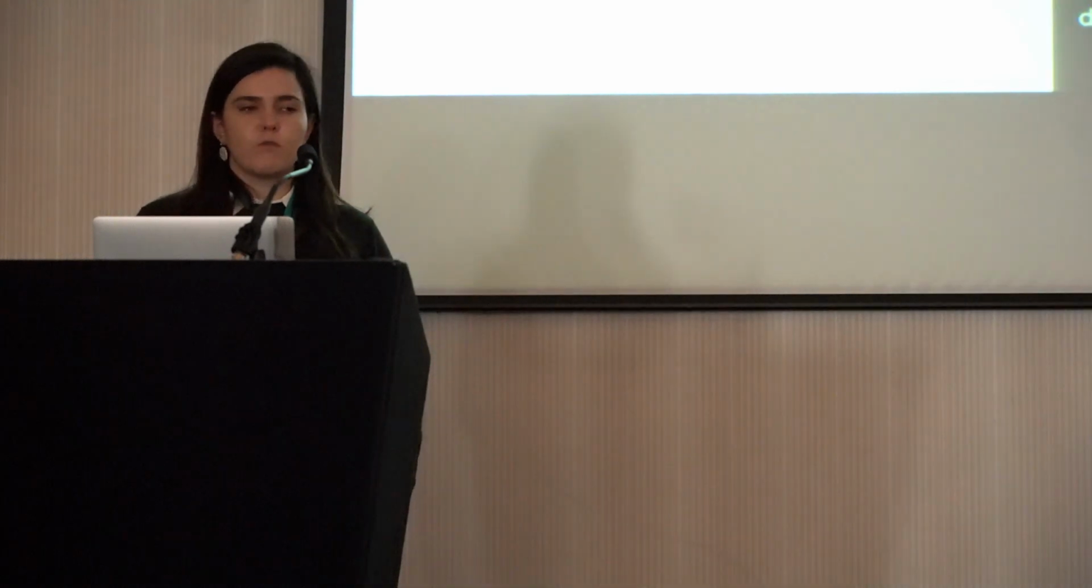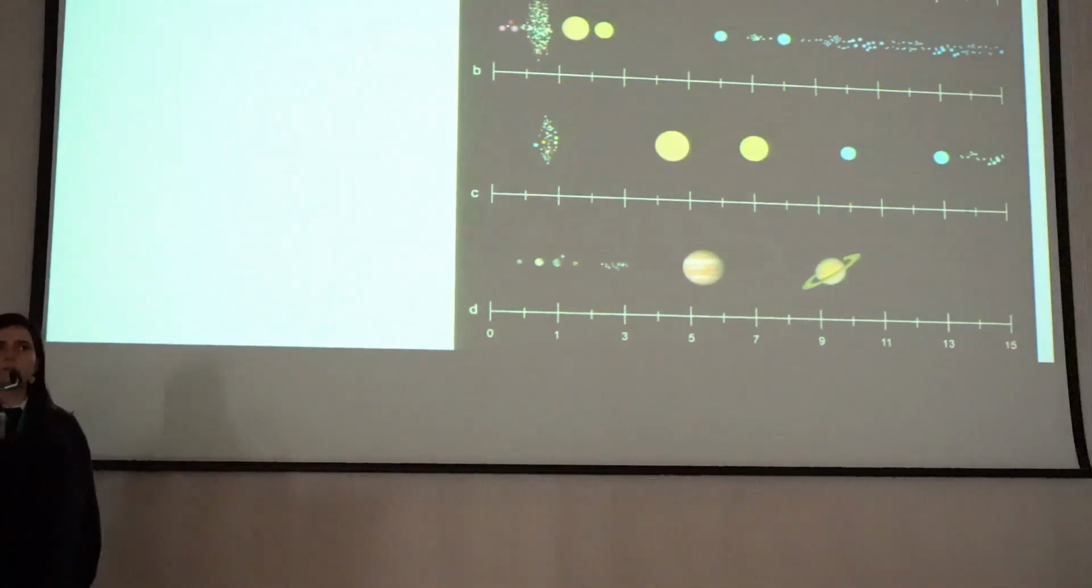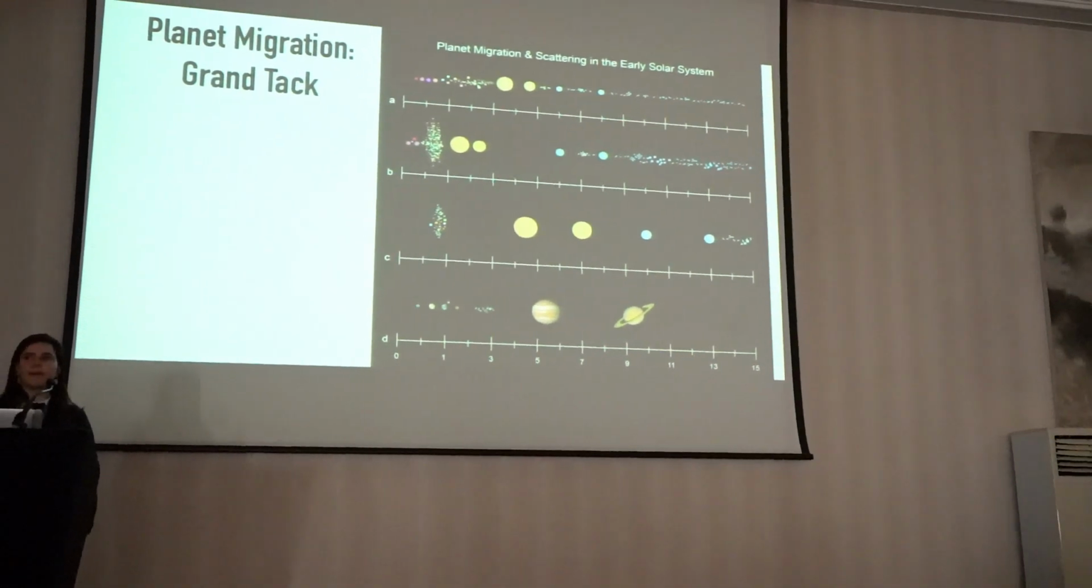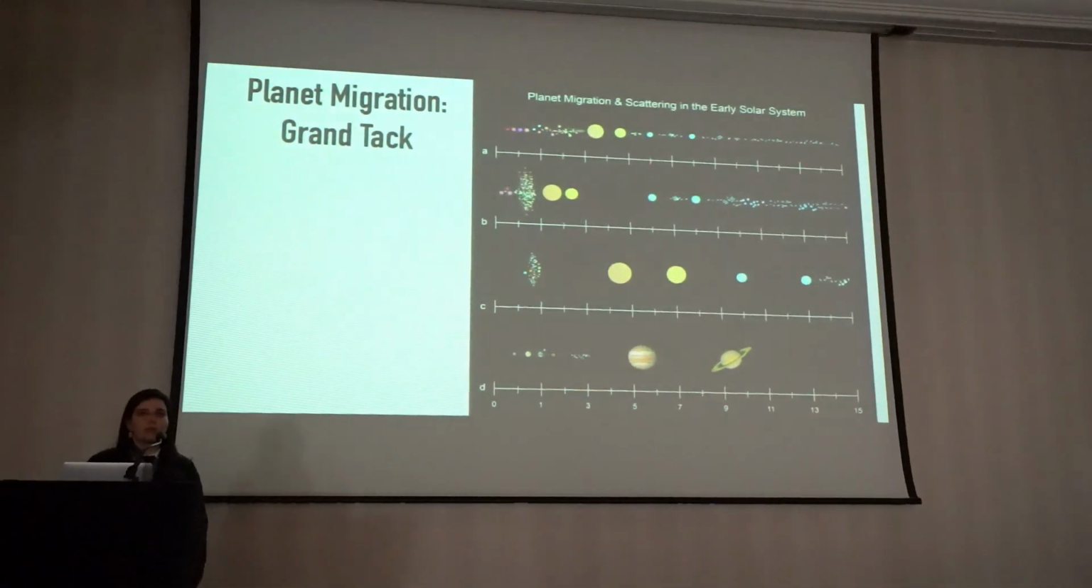So let's start with the first point. And the first point is about the fact that small bodies bear the evidence of many important epochs in the solar system evolution. And in particular, I'll focus on planet migration, because it is constrained by the populations of small bodies that we